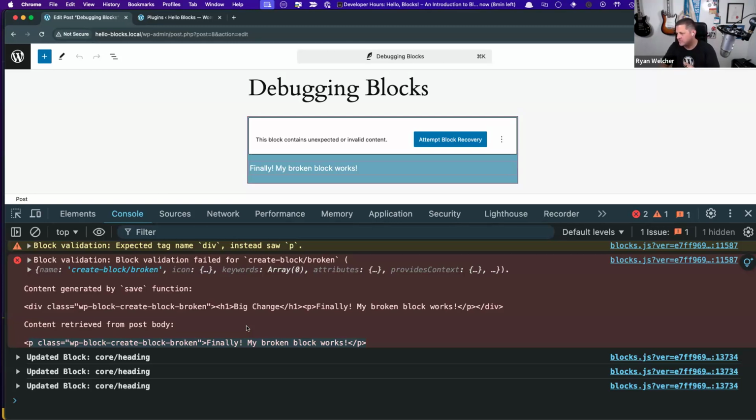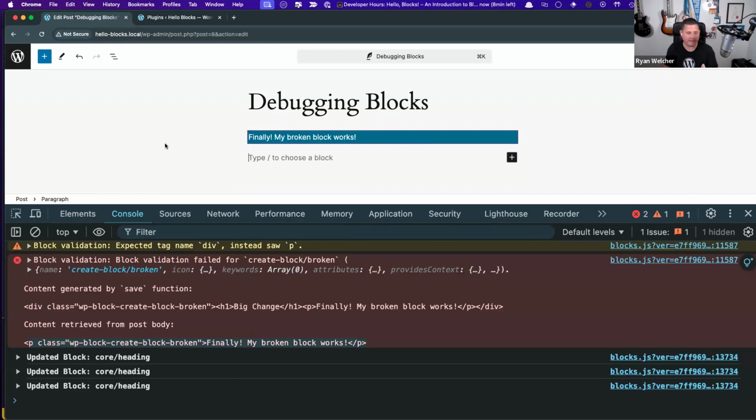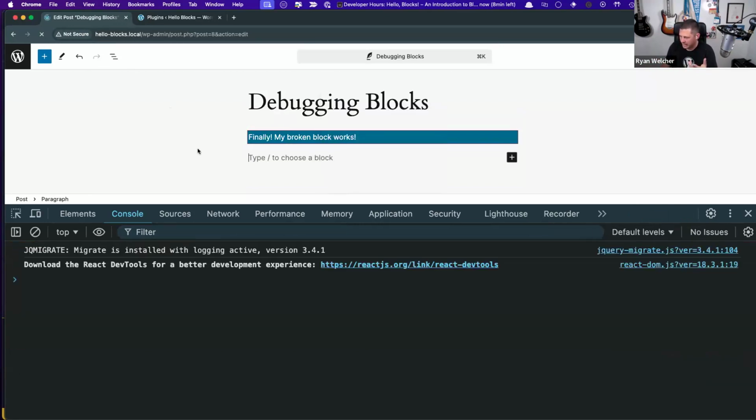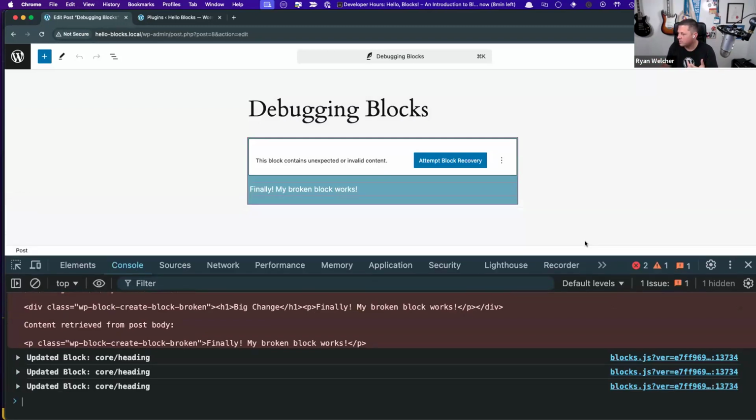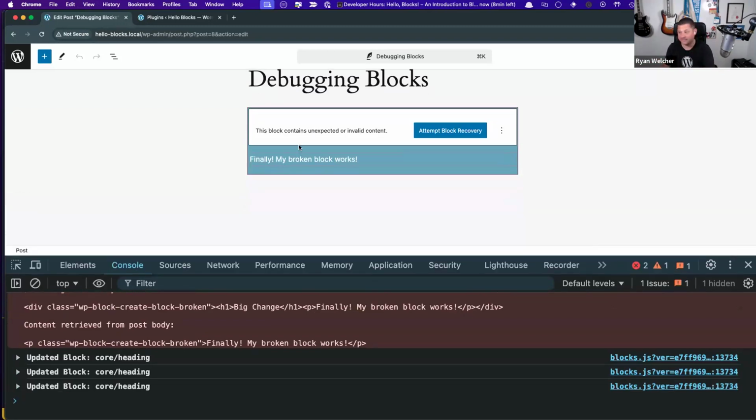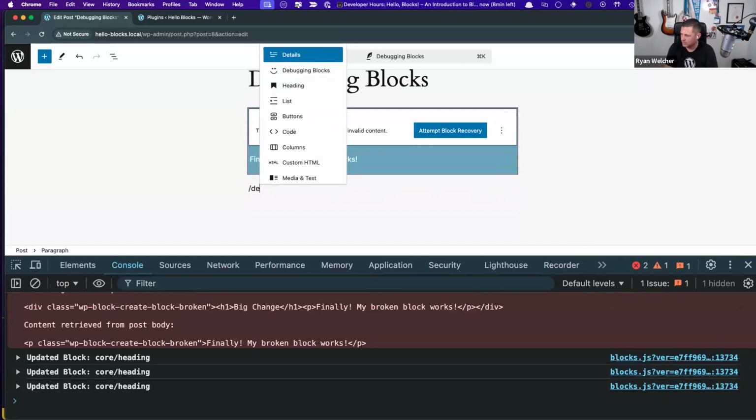So this is something that you're going to run into a lot, especially as you develop. There's a few ways that you can approach this. The first way is if you're just building this and you're making these changes, just keep clicking this block and then you're good. Basically, you'll save it and it'll be fine. The other thing to keep in mind is this only applies to blocks that are already inserted. If I add another debugging block,